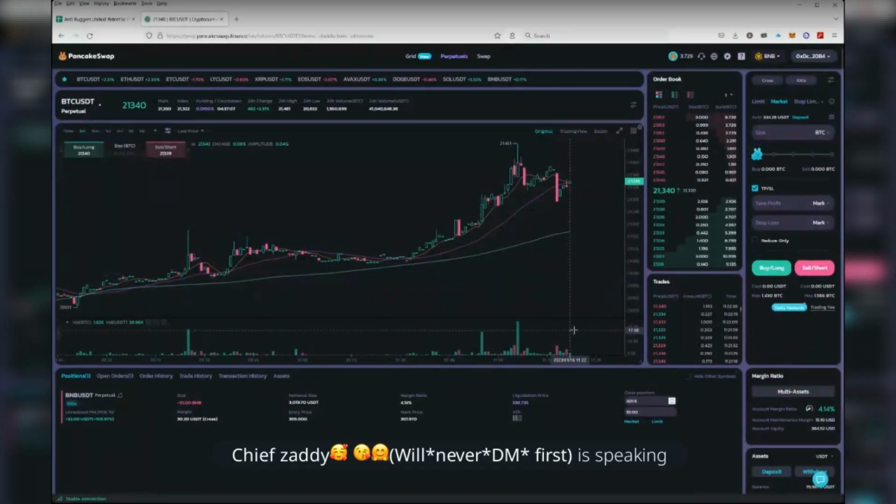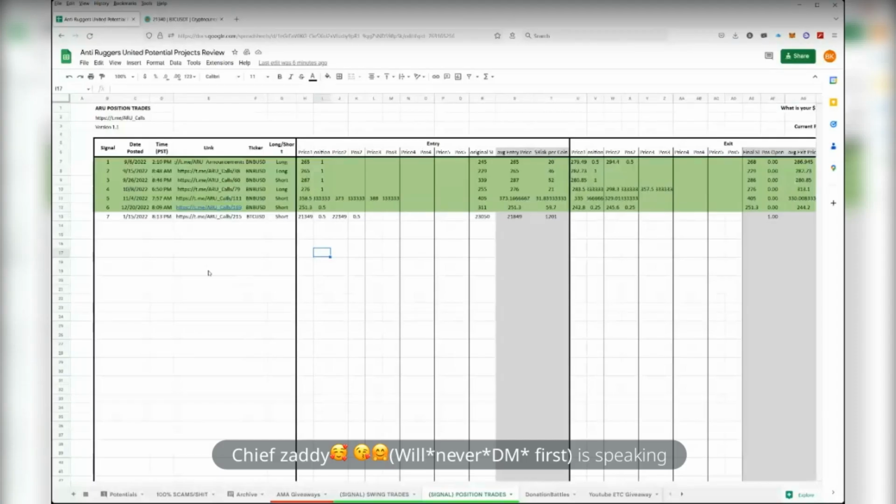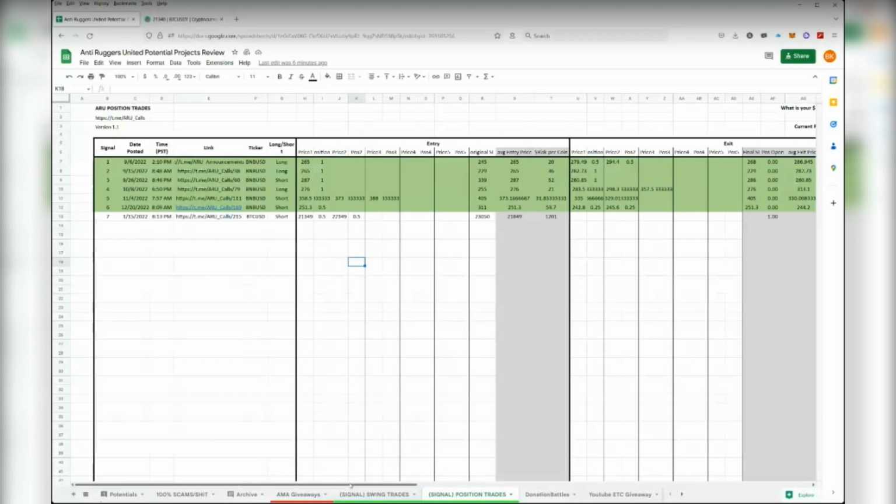I didn't really understand that trade, that BTC short. What do you mean by limit sell 50% position at 21,349? Limit sell 50% position at 22. Are you saying we can enter in any position we want? Because you cannot put multiple positions on crypto. Yeah, like you can in Forex. You could put in as many limit orders as you want.